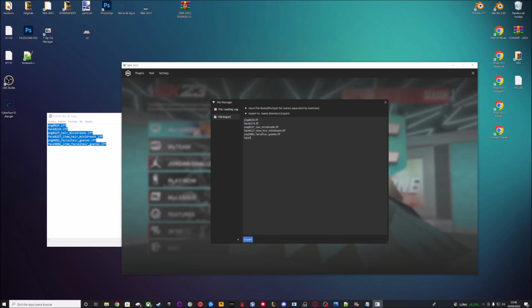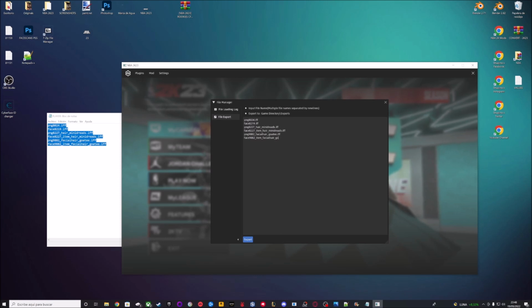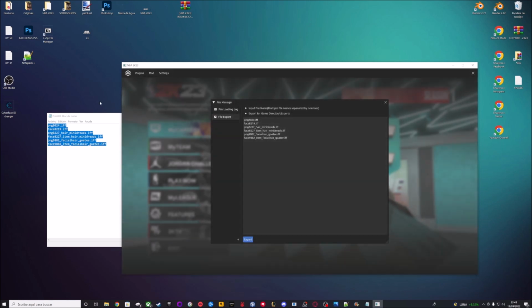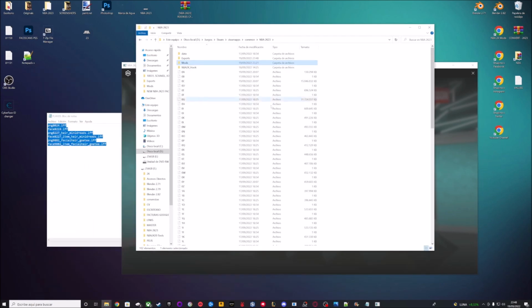Face 9882 item facial hair goatee.iff. Export completed. So now you have to go to the main installation folder of your ME2K23, because now you have